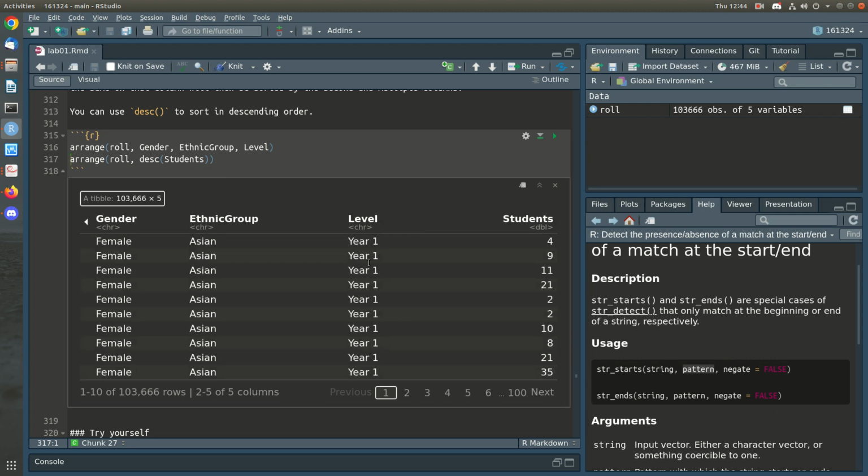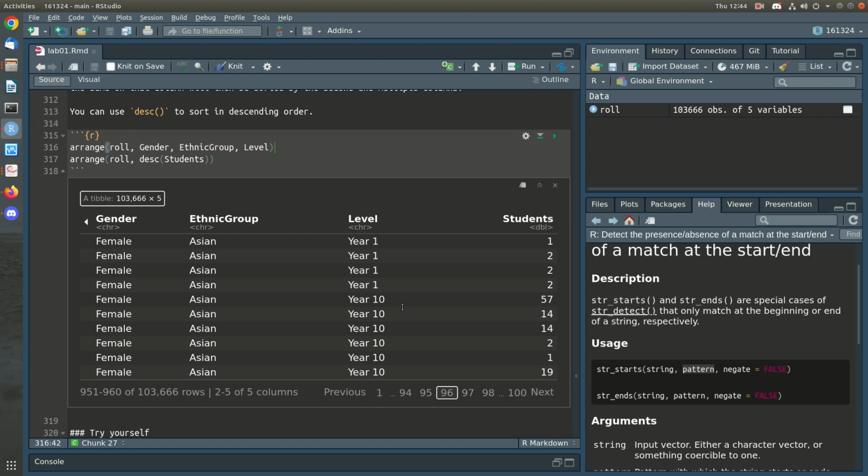So level will be ordered year 1 first, and so on. And once we've gone through all the schools that satisfy that criteria, it'll jump up to year 2. I don't know if we'll see that. Oh yes, here we go. In fact, you can see that something odd happens. After we've dealt with all of the entries in the database that have female Asian in year 1, you can see it jumps to female Asian in